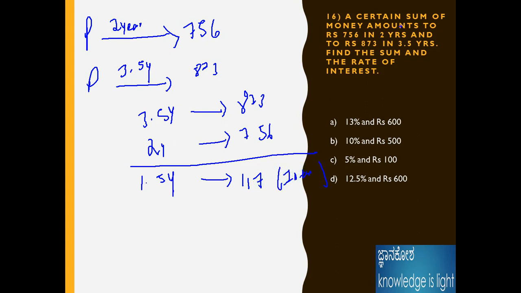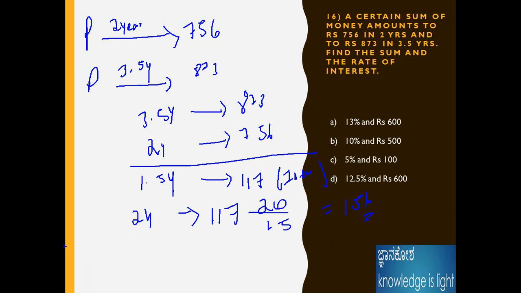Then for 2 years it is given. For 2 years, how much should be? I already did the numerator and denominator in the unitary method. Please see the 117. This is only for 1.5 years. Therefore, for the decimal, I make it as 20 and 15. If you solve that one, we get 156.